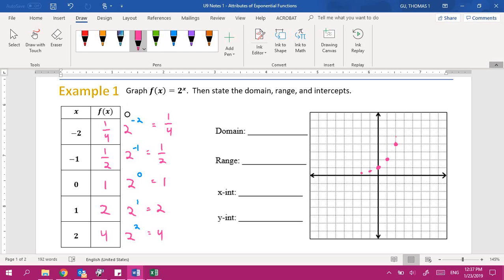Okay, so if we connect these points, our graph is going to look something like this. Okay, notice how I drew it though. It gets really close to the x-axis, right? But it's never going to touch the x-axis. Okay, it can get